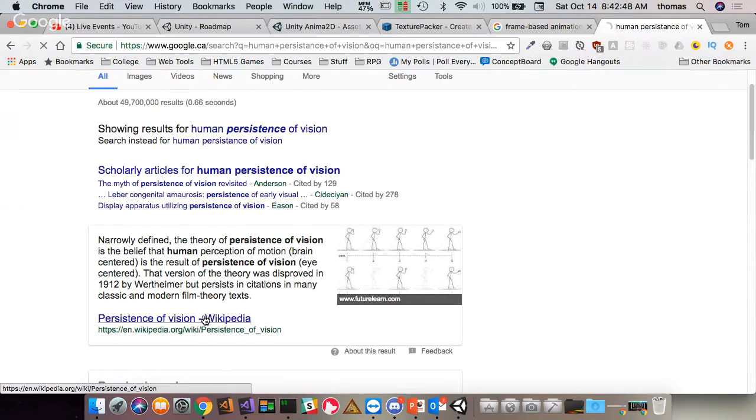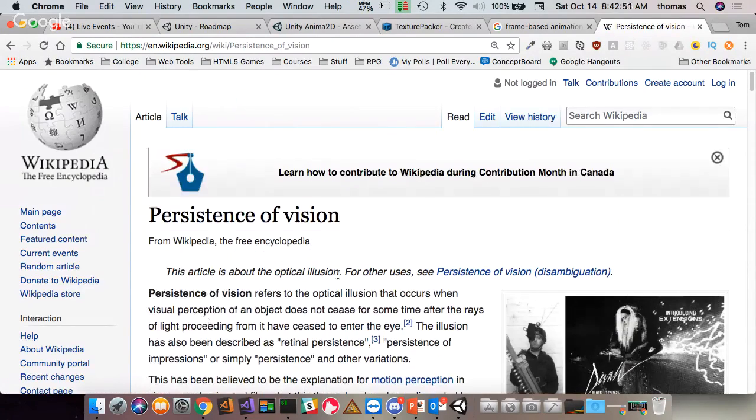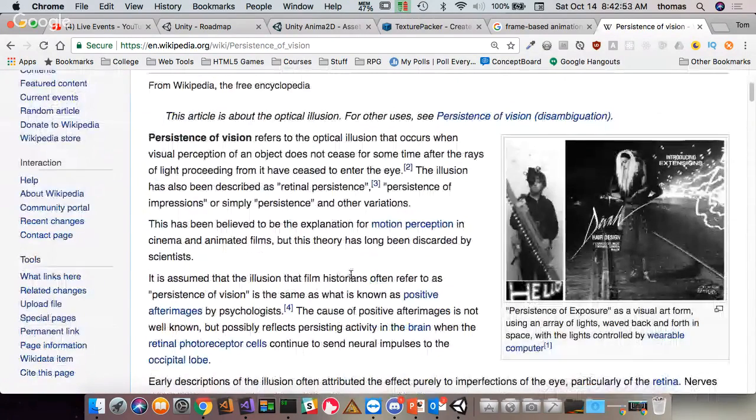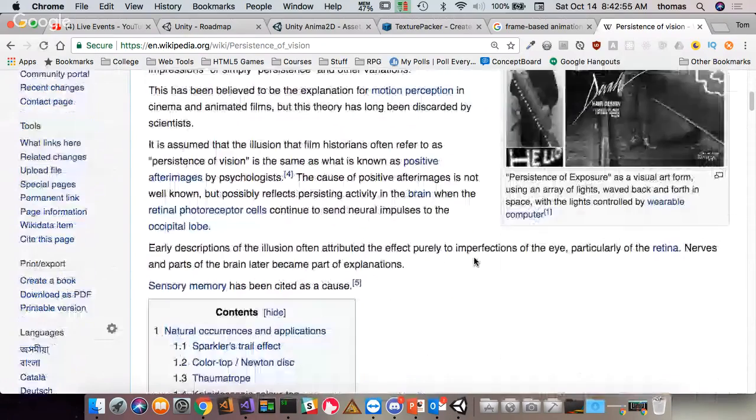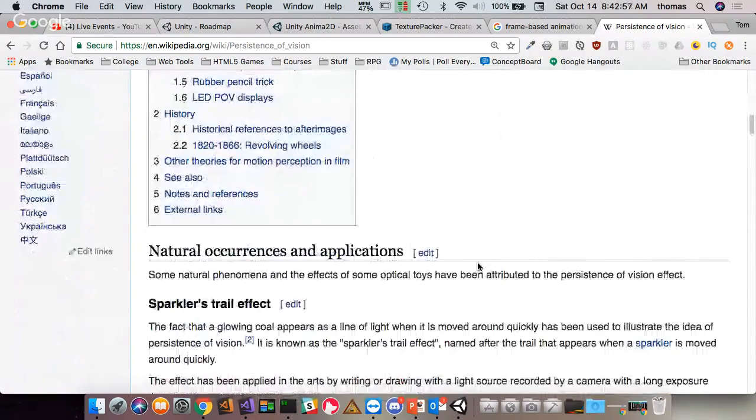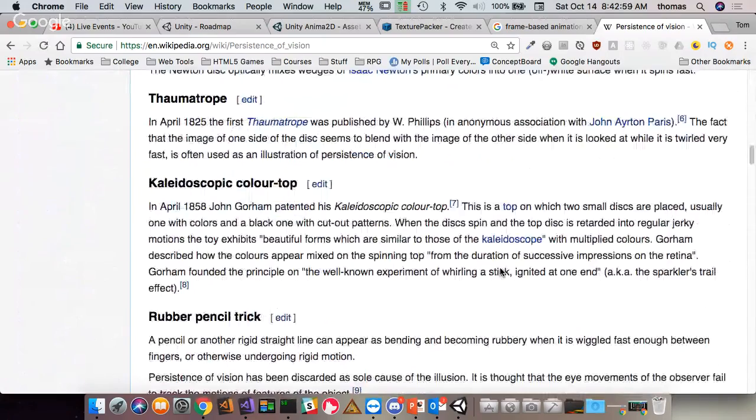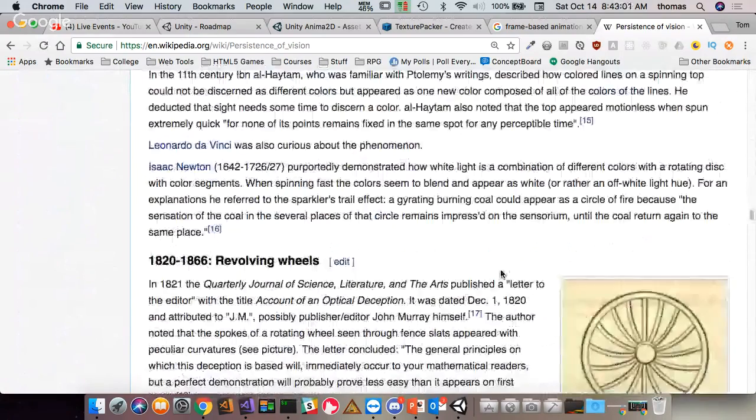Let's go to Wikipedia for a second. This is probably pretty good. It's the ability for us to detect changes in motion, right? That's what it really is. They have a little article here. Nothing really great, but